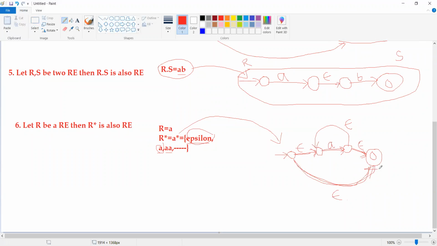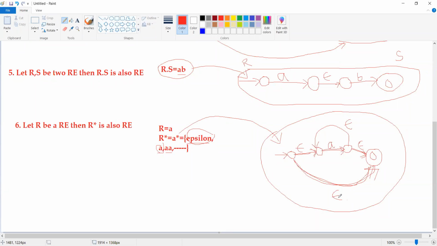That is the reason why we specify one path for epsilon. Then the second one, we need to accept some n number of times a string being repeated. That is the reason why we make use of this finite automata for recognizing the Kleene closure operation.